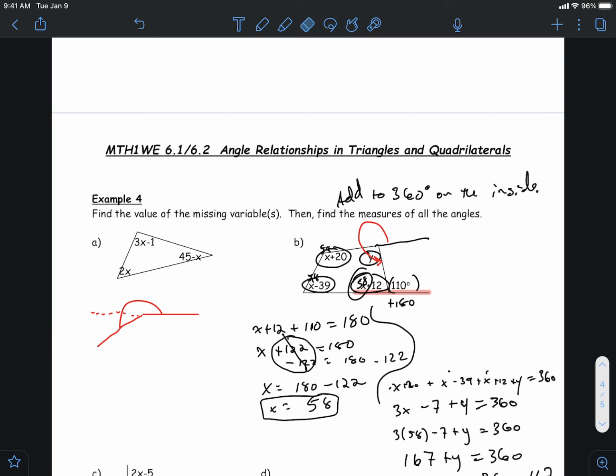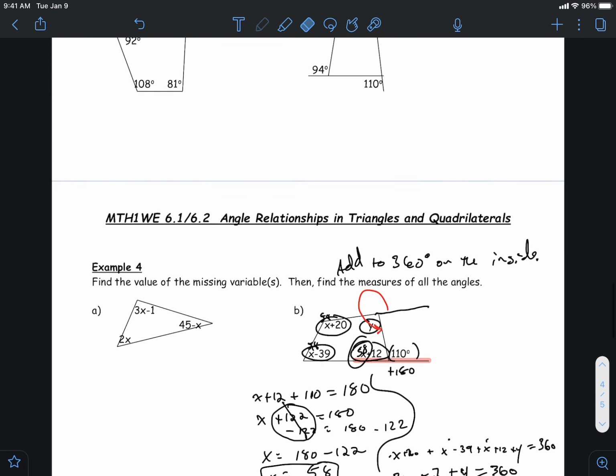Because Mr. Poling said the picture's not drawn to scale, I suppose what it could look like, Aaron, is maybe something like this. If he did this, maybe the side length could be over here a little bit more. Oh no, that doesn't make, I don't know, Aaron. I have to ask him. Anyway, that's